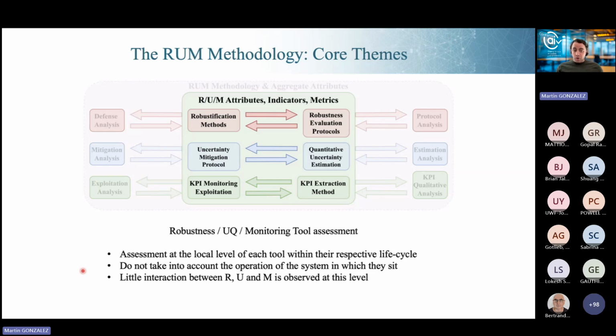This does not take into account the operation of the system in which they sit, at least not immediately. And there is little interaction between robustness, UQ, and monitoring at this level. Essentially, when you develop adversarial training, you will evaluate it against adversarial attacks, but you are not, for example, producing any immediate insight into the way you're estimating uncertainty quantities or the way you're extracting KPIs to be monitored in